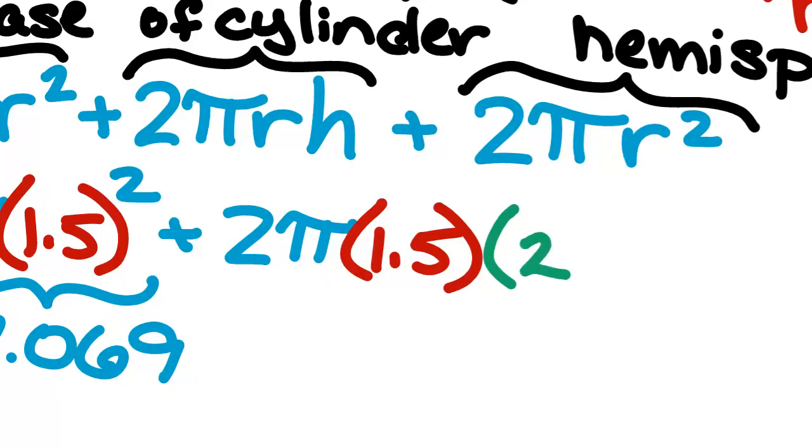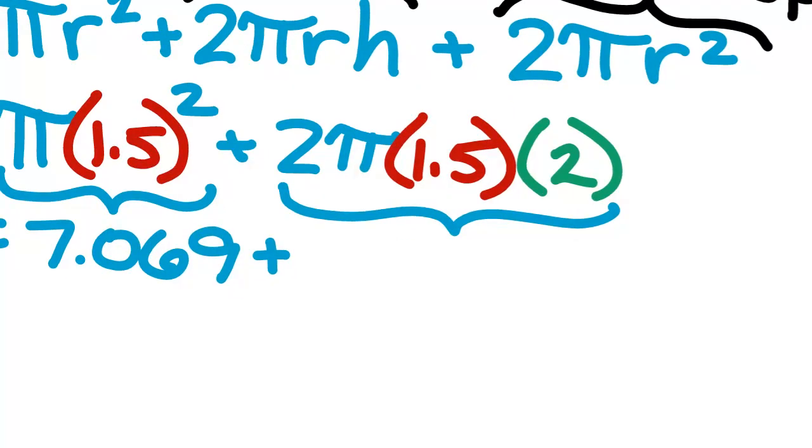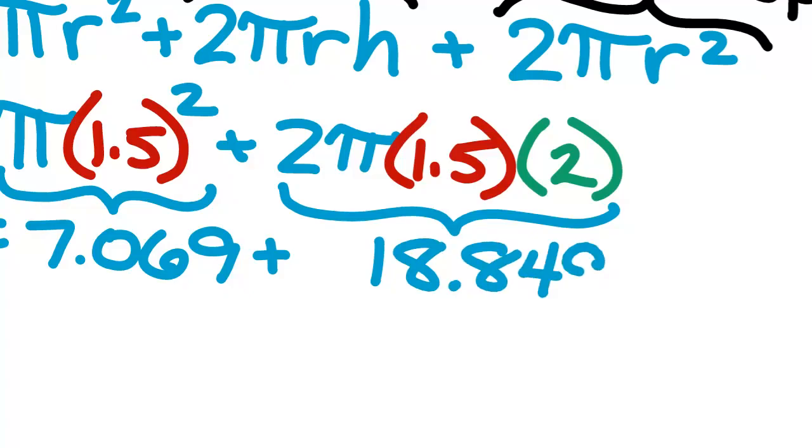Height of 2, yes. So 2 pi times 1.5 times 2 would give us 18.849